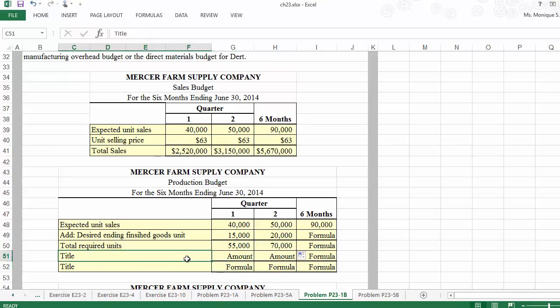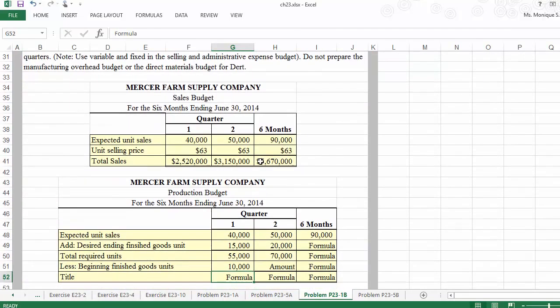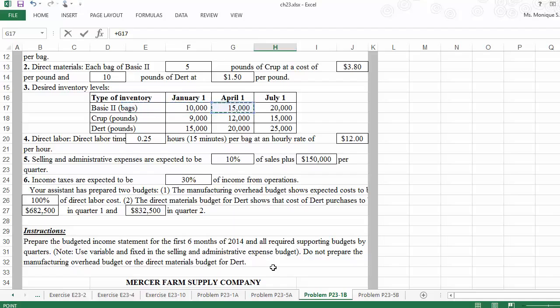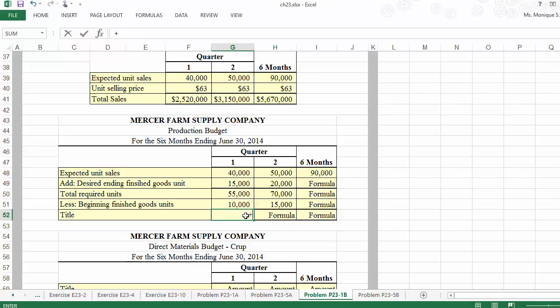Now the fourth row will be less our beginning finished goods inventory in units. So we are going to take the beginning balance for quarter 1, which was 10,000. So that's going to be our reference. And the beginning for quarter 2 would be 15,000. So when we do the math, 55,000 minus the 10,000 gives us the 45,000, and we're going to call that